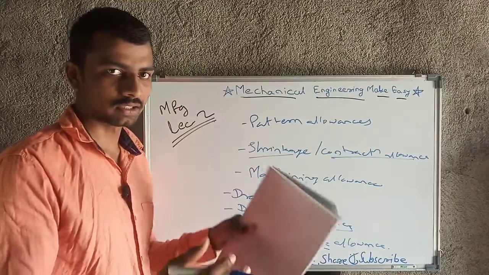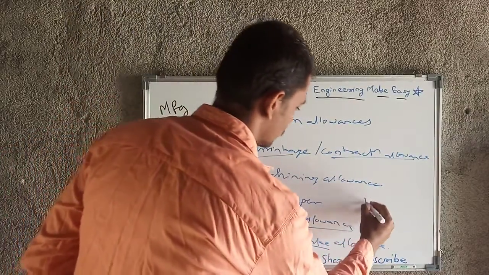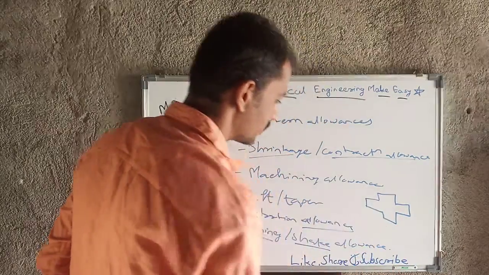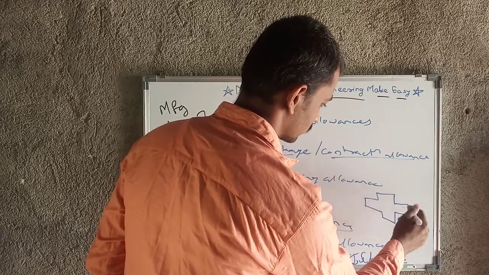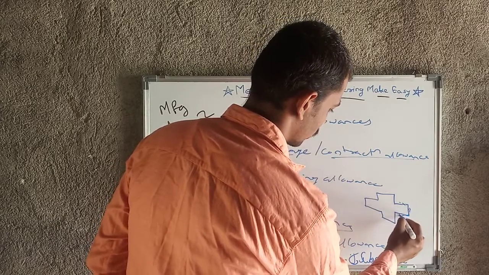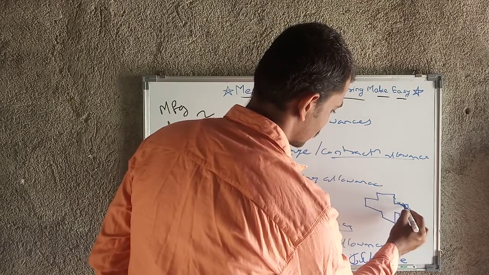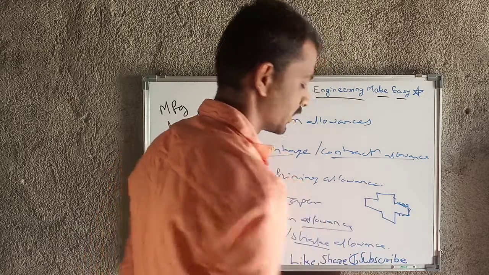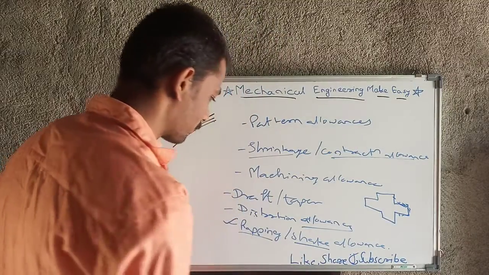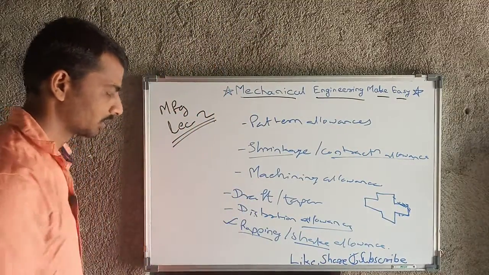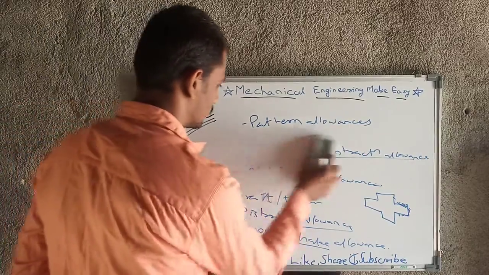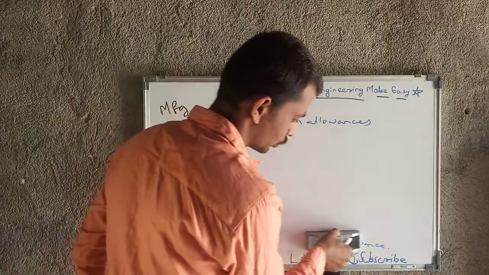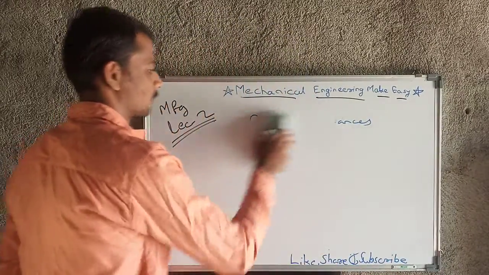And while shaking there should not be any chance of, say, if there is a cavity like this, the sand coming in here while shaking. And if the material is not solidified here, then that will contaminate that place. So that's why we have to give some wrapping or shake allowance also. These are the allowances that we give to the pattern, so that ultimately they are provided to the casting, our final product.